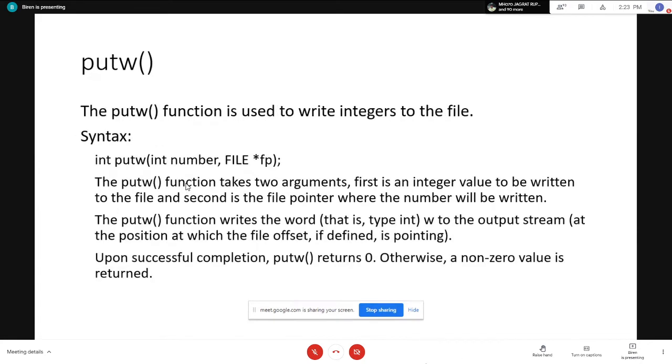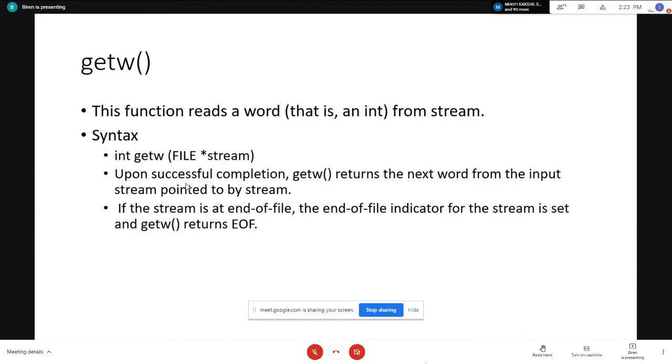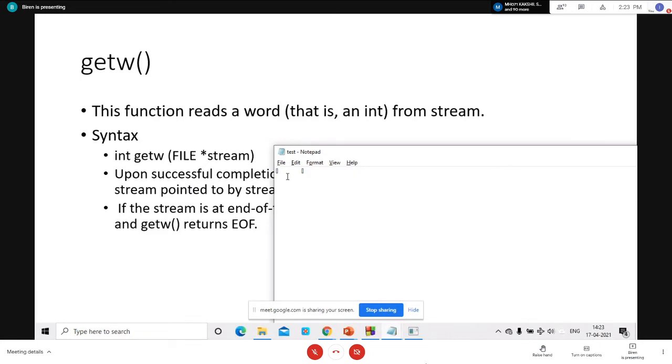Computer is going to store the integer in the form of a word. Word means, to store an integer, how many bytes do we need? 2 bytes, yes. But in your computer systems, word means we need 4 bytes if you are using a 32-bit machine, and if you are using a 64-bit machine, then we need 8 bytes. That depends on the machine. That's why nothing is written in your book.